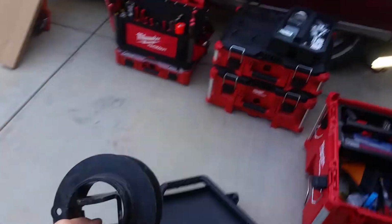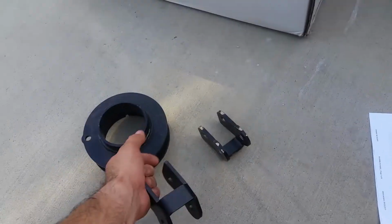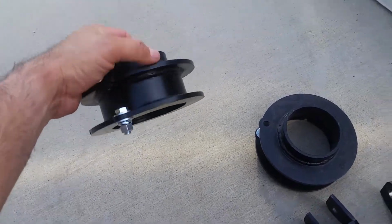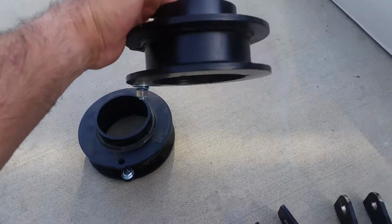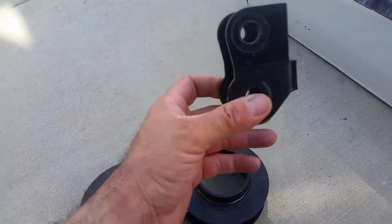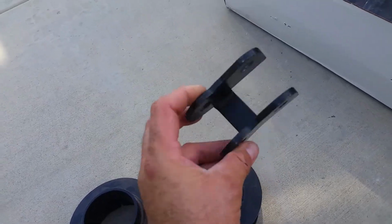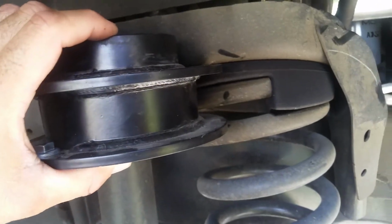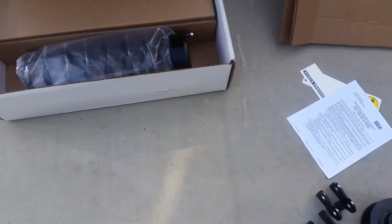So this was the first alternative, was to go with these guys. Basically it's a 2.5-inch cup spacer that's going to go in the top of your coil. And these are shock relocators, so you can use the existing shock, or you can buy the full-length shocks. So that goes in the spot of, here's the truck. This guy would go right up here to space out your coil, to give you an extra 2.5 inches to level it out. So instead of doing all that, having to buy shocks, because shocks are about 80 bucks each,